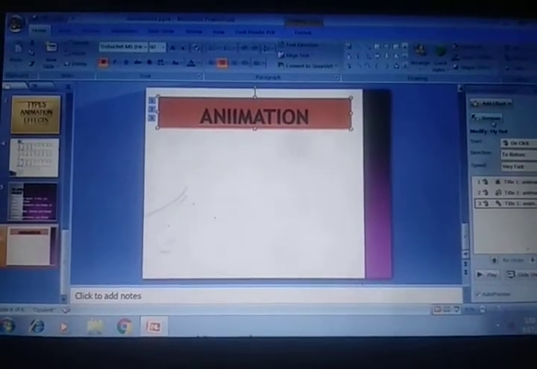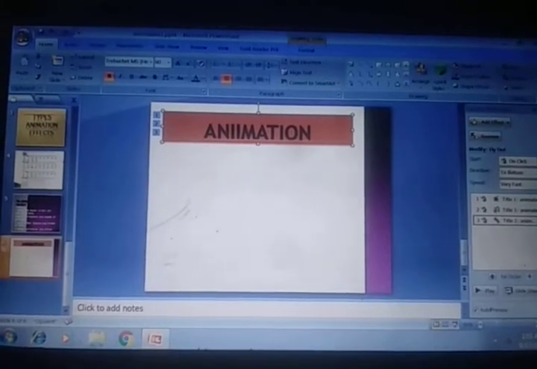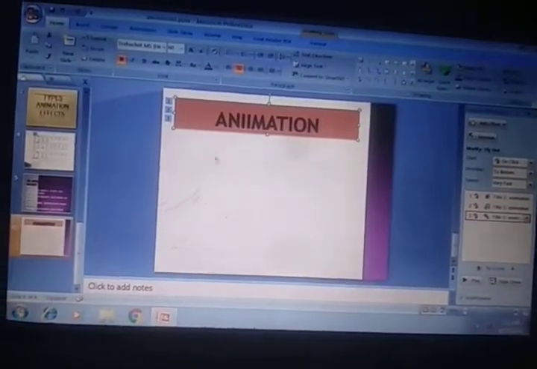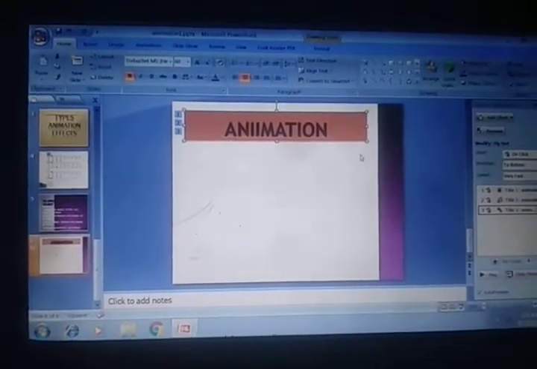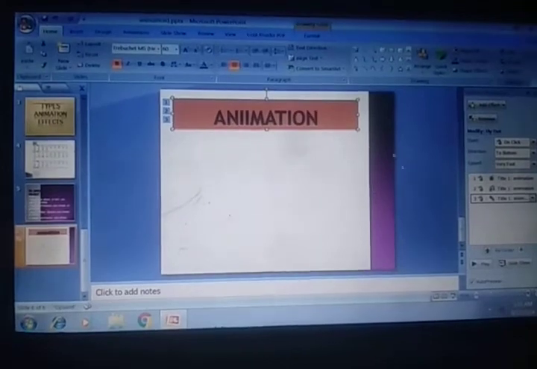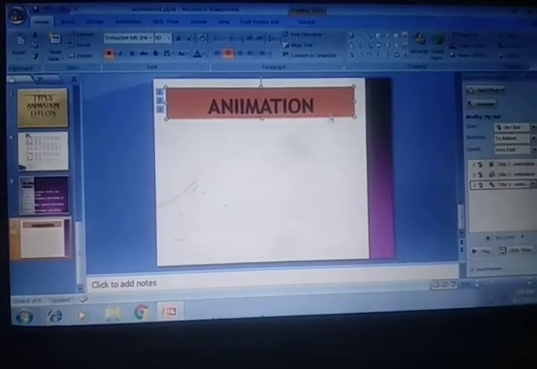Okay, so let's see, let's play, preview. Show the slide. All the effects I have given are on mouse click. Okay, you can give the effect two ways, on mouse click or by timing.